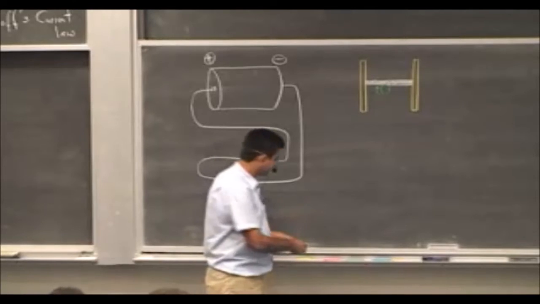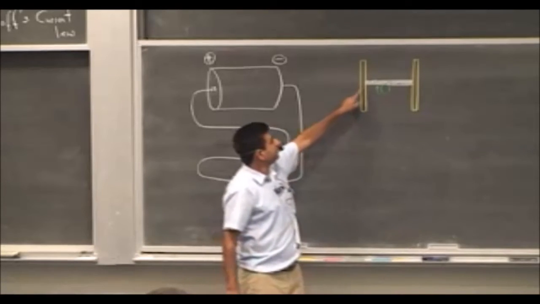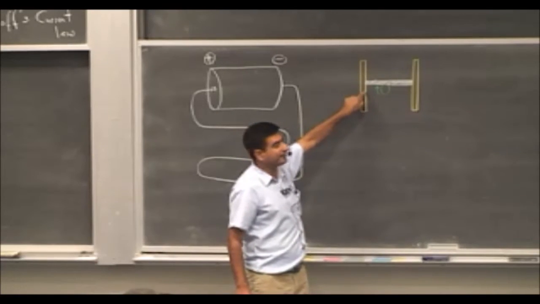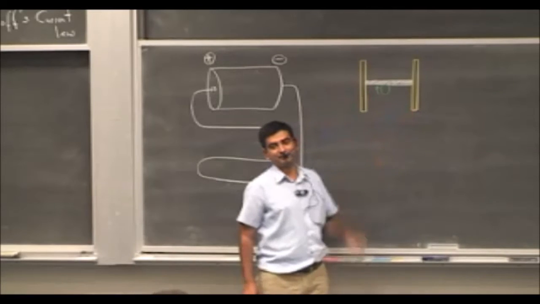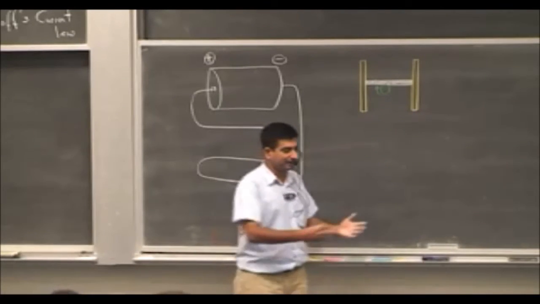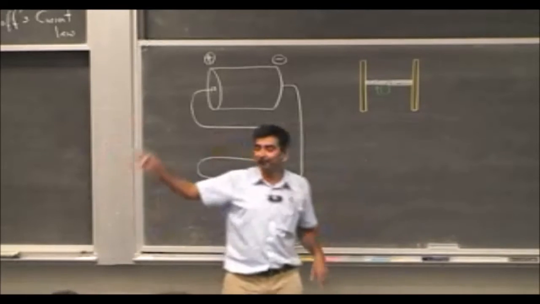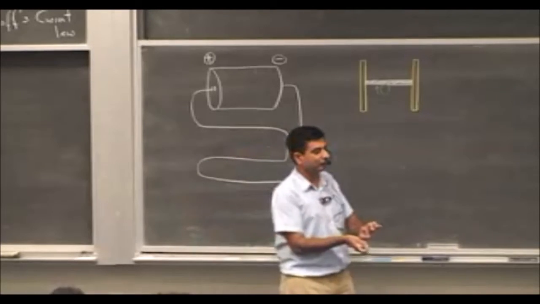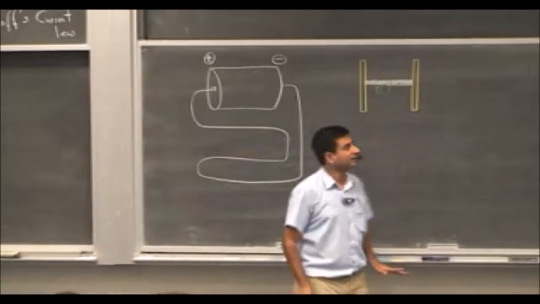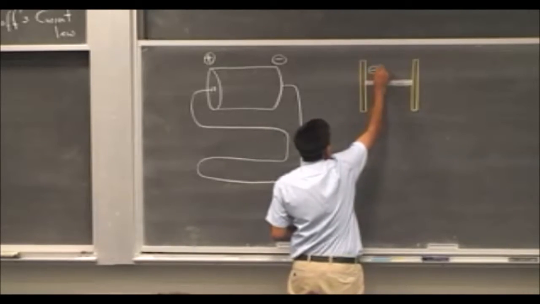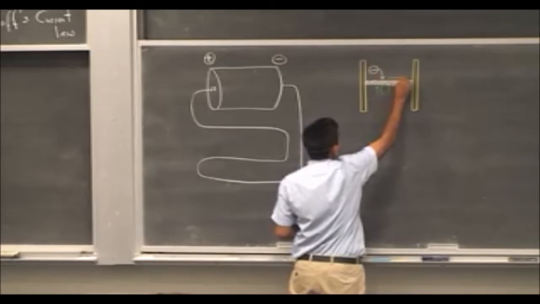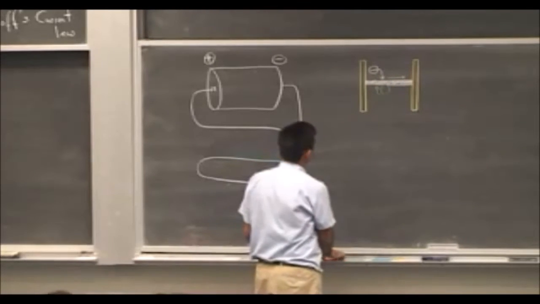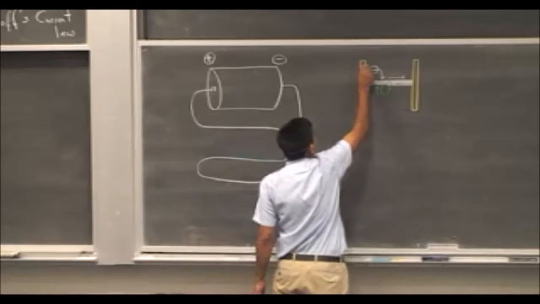And what this conveyor belt does is that it picks up negative charge, electrons, from this plate and transports it to this plate. So the belt picks up a negative charge from this plate, the belt moves, and it deposits that negative charge on this one. Okay, so a negative charge, an electron, is picked up, transported and deposited on this plate. So with time, a positive charge will build up